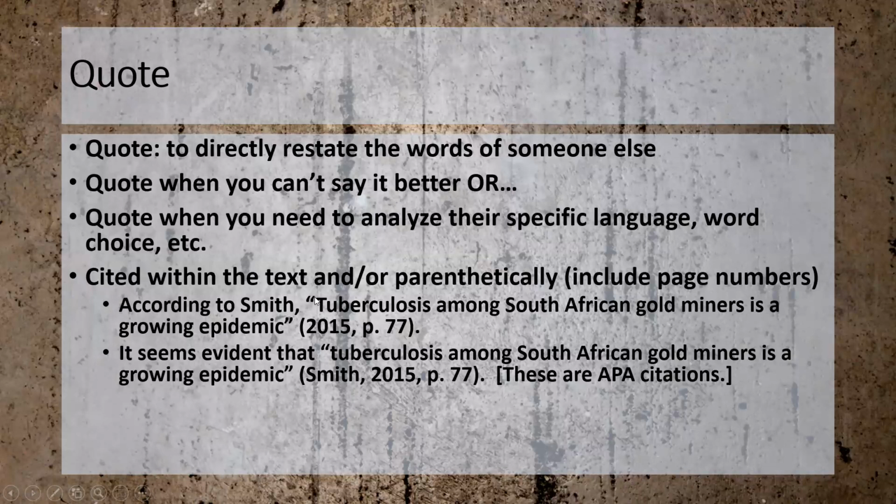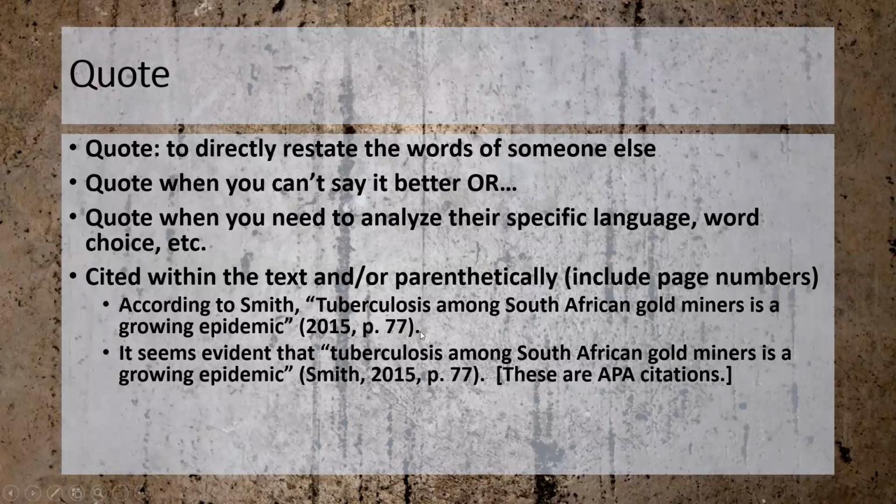You have an opening quotation, a closing quotation, a space, and then your parenthetical citation. We've already said the author's name here, so we don't need to include it in the parenthetical citation. We will include a page number, however. And I just put these in APA to give you another citation example. APA also requires the year. Again, it's going to vary a little bit based on your discipline and the citation format you're using, but there is going to be some kind of parenthetical citation.